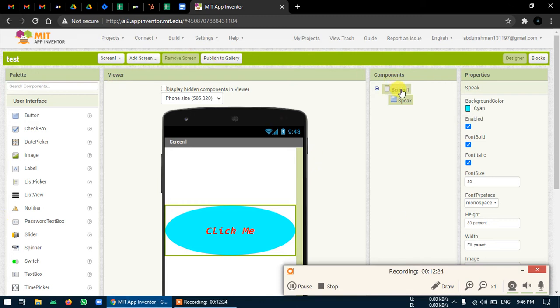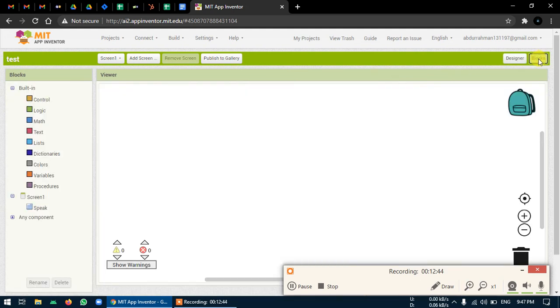So till now we were on the designer section. Now we can go to the block section. What is this block section actually? As we know, whatever is running technically right now, everything has a front end and a back end. The front end is nothing but the design section, and the back end is nothing but the logic, the code logic that you write there. So you can just click on the block section. You don't have to learn programming or anything.